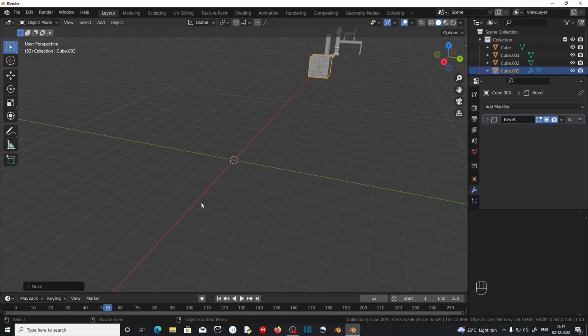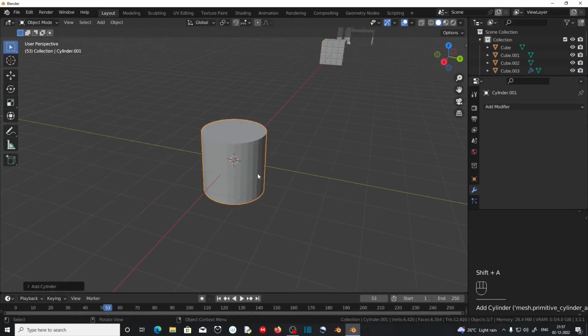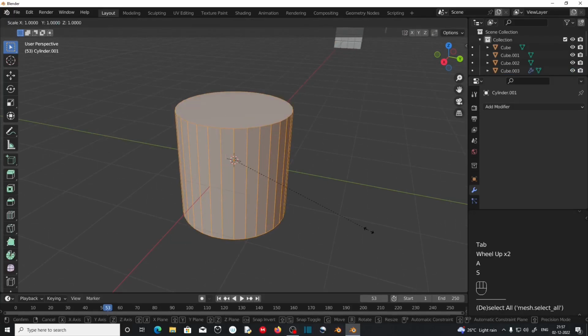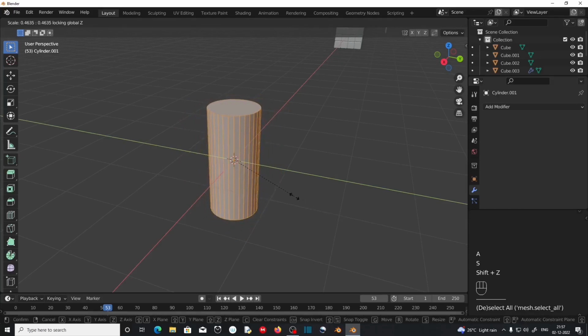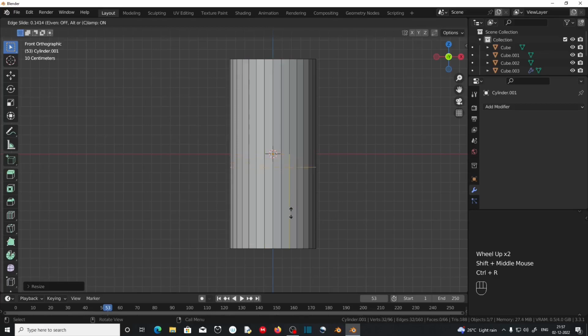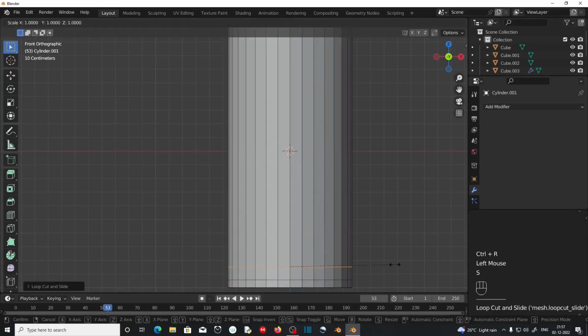Now we're going to make a cup using a cylinder. Shift plus A, mesh, cylinder. Go to edit mode, select all using the A key, S to scale, shift Z and scale it like this. Go to front view using numpad 1, Ctrl plus R, left click and slide it to here. To make a loop cut to here, Ctrl plus R again, left click, slide it to here, S to scale,